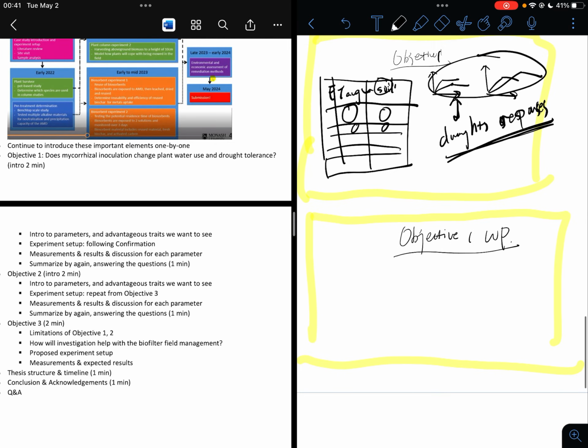So you can say the water potential, so psi MD and psi PD, was measured during that water deficit time, and then you can explain with graphs how it was measured, like PD was